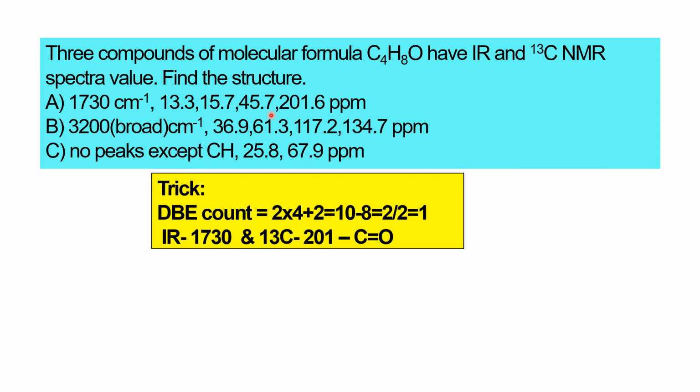The other thing which we need to see is, here, these 2 look to be similar. This is the only one which is larger in size. So only one carbonyl group is attached to this 45. I already said that when a carbonyl group is attached to a carbon, it comes in nearly the 40 range. 45 means this carbonyl group is attached to this carbon atom, and the other 2 will be these 2 carbon atoms. See the values also. This is the carbonyl group and these are the other 15 and 13. Sorry, carbonyl group is 45, 15 and 13.